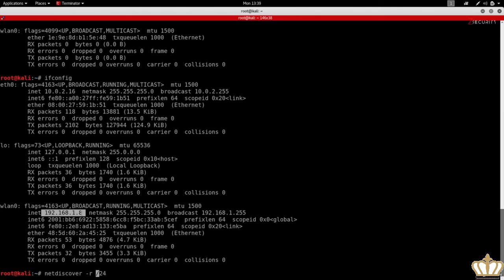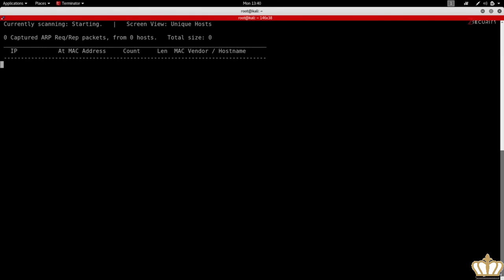So therefore, the range that I'm going to look for is going to start at 192.168.1.1. And I'm going to leave the /24 here because this will tell netdiscover that I want to start at 192.168.1.1 and finish at 192.168.1.254. So if I hit enter now